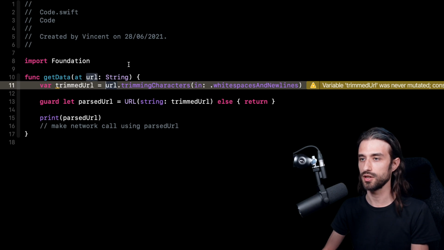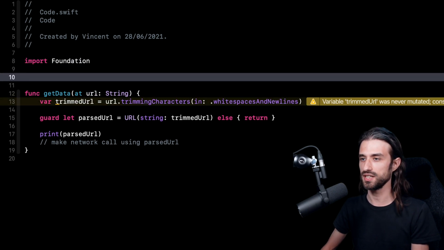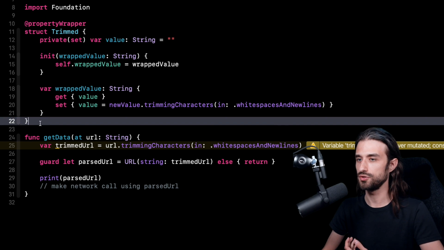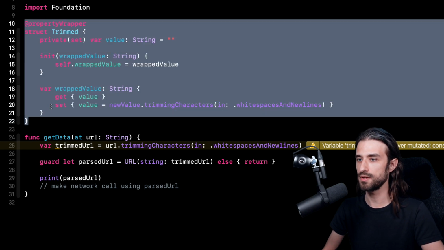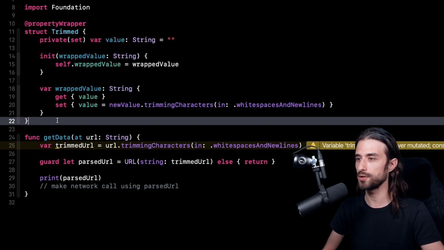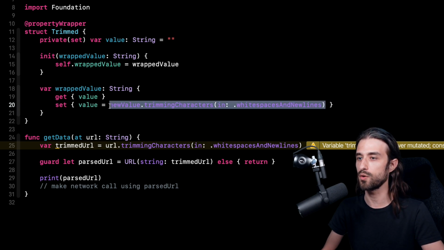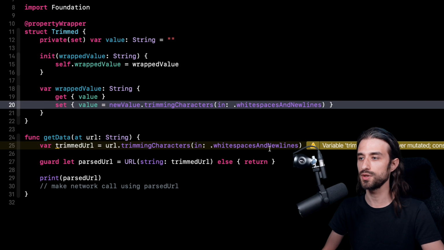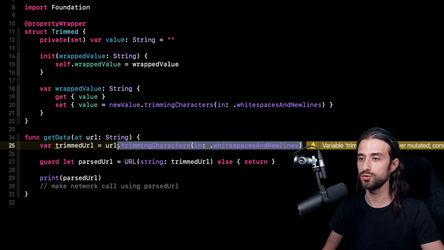I'm going to just paste in the code right here. I'm not going to go too much into the details of how this property wrapper is implemented. If you want to know how to implement a property wrapper from scratch, I actually already have a video on the topic and you can go check it out. The one thing that is worth mentioning here is that the business logic that is encapsulated in the property wrapper is our trimming logic, where we remove the white spaces and the new lines at the beginning and at the end of the string. And so now that we have this property wrapper, what we can do is